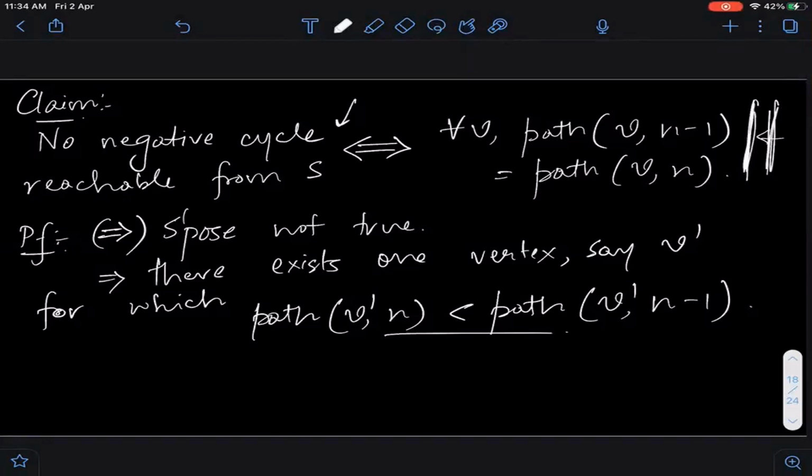See, when you write a proof, you have to arrive at a contradiction. So I am not seeing any contradiction so far. So far हमने जो लिखा है कि ठीक है, negative cycle नहीं है, and then we claim that this left to right direction is not true, which means there exists a vertex V prime such that this equality does not hold. The equality does not hold मतलब है कि path V prime comma n,